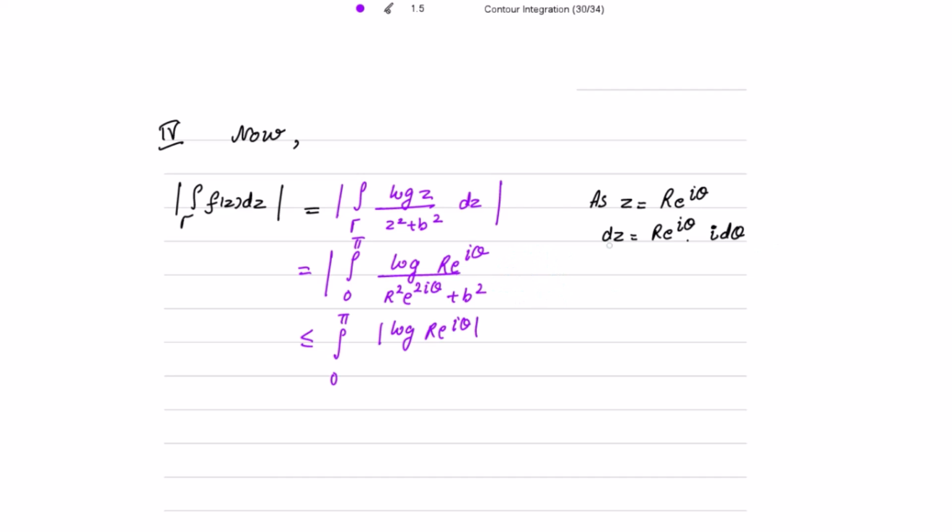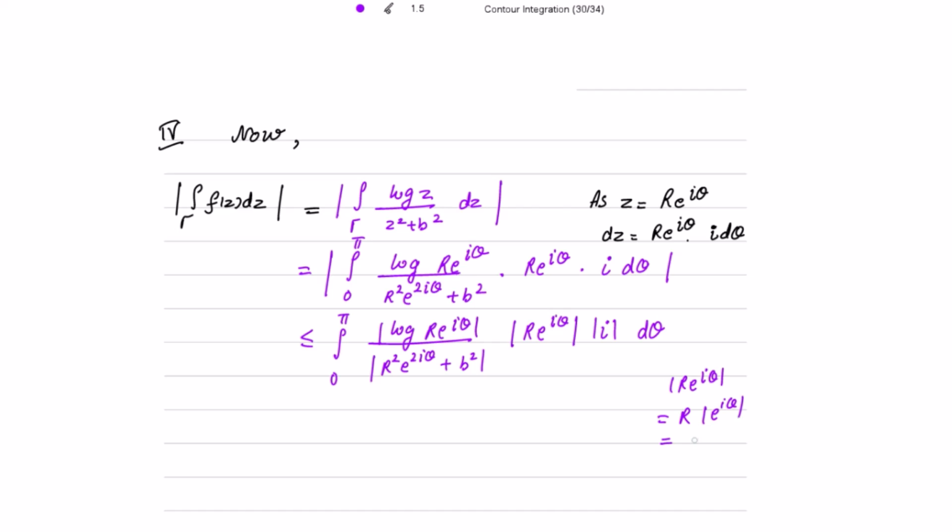Sorry, I have to write the value for dz also. So this is r e^(iθ) into i dθ. So this is the mod of r² e^(2iθ) plus b², and here I'm having the mod of r e^(iθ), and then the mod of i dθ. Mod of i is 1. Mod of r e^(iθ) is r, and mod of e^(iθ) is equal to 1,